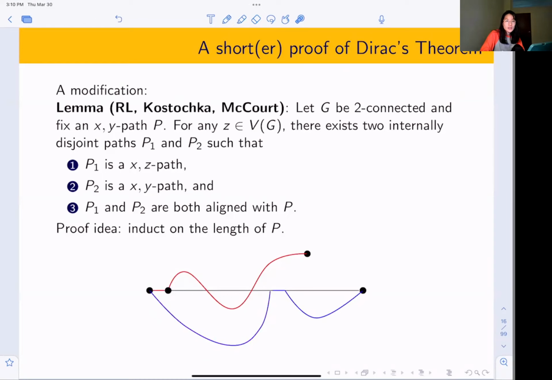Okay, and then here are the new paths I get, or again, I add this first edge to one of the paths. Okay, so with this lemma, we can now prove